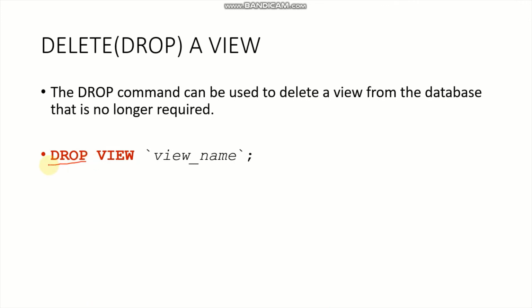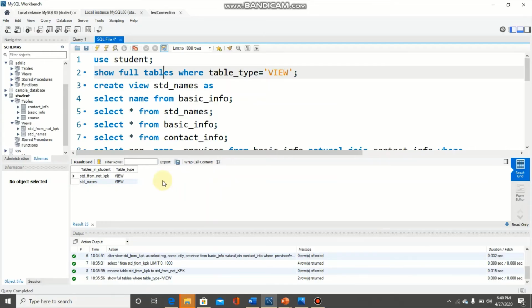We can delete an existing view by using the drop query. Drop query can be used to delete different types of objects in a database. So for deleting a view, we must type drop view and then the name of the view. We will practice this. Here in the student database there are 2 views, std names and std from not KPK.